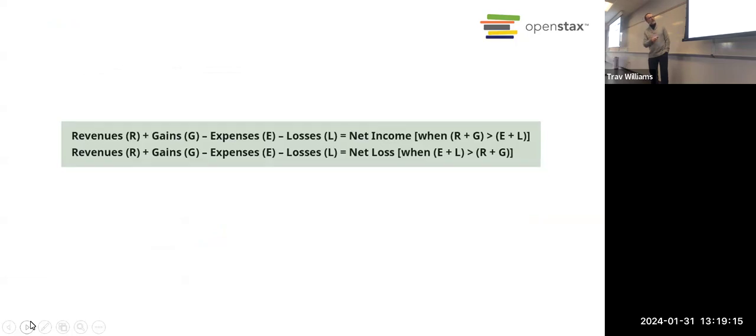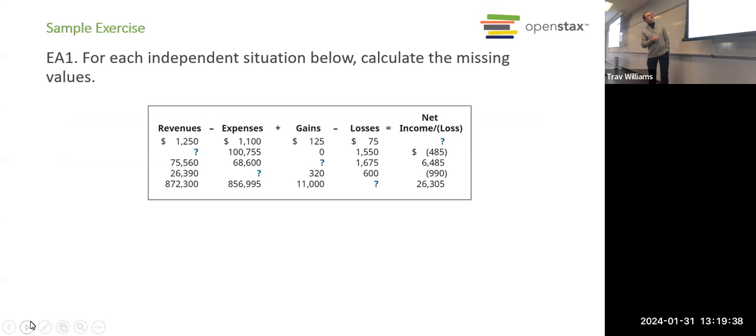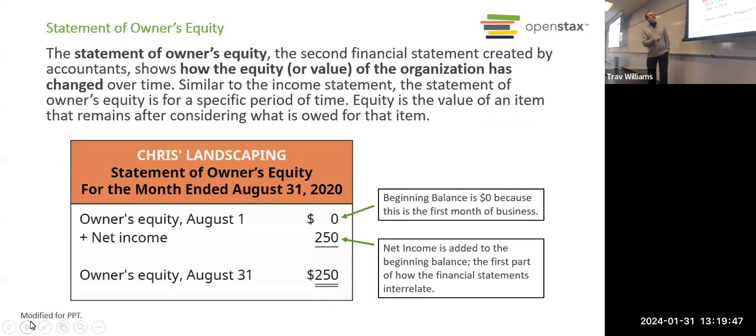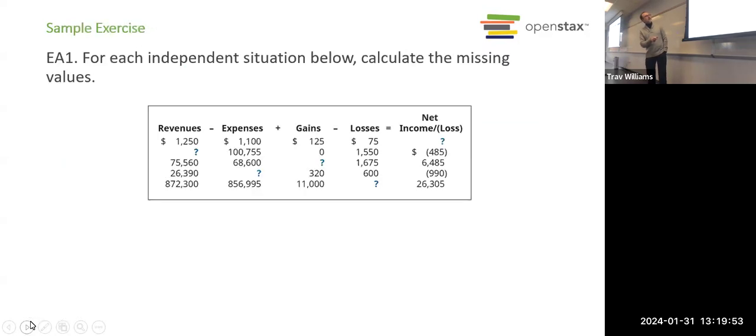So here's really the real formula. If your revenues and your gains are greater than your expenses and your losses, then you have net income, you have profit, right? On the other hand, if your expenses and your losses are greater than your revenue and your gains, then you have a net loss, right? I think I said that right. Then we did exercise 1 together. Oh yeah, that was fun, right? Solving for X. Hopefully you got the idea about that. And that was it. That was as far as we got, right?